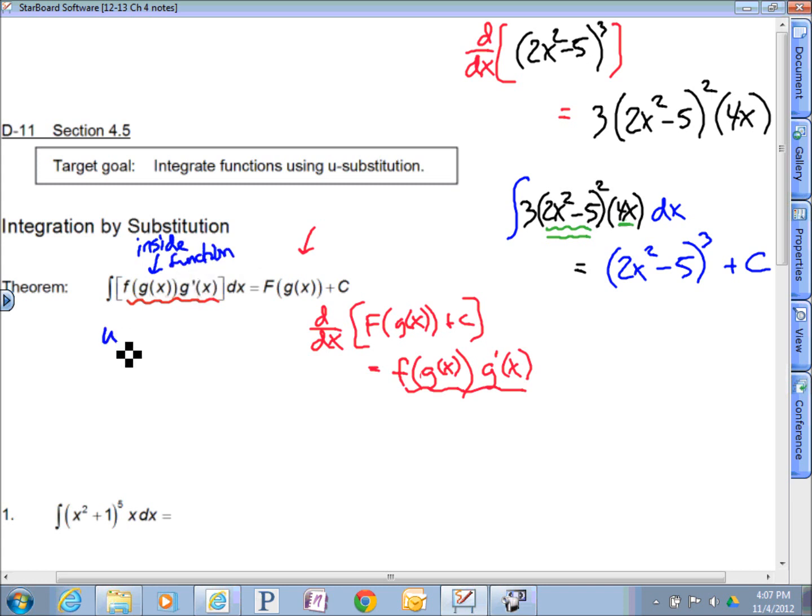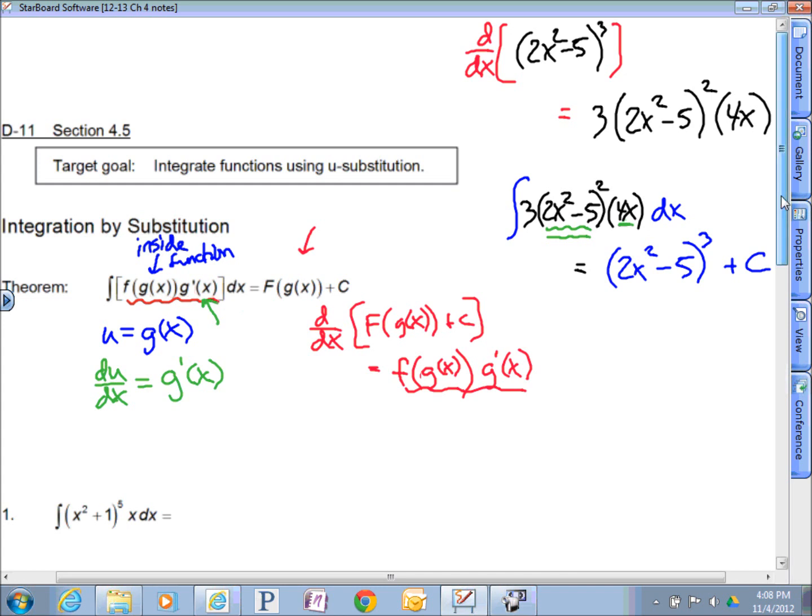What we would do in this problem is we would say u is equal to g of x. And then we've got to make sure that g prime of x is in the problem also. du over dx, that's supposed to be a u. du over dx would be g prime of x. Well, here's g prime of x. You have to have both of those things in the problem